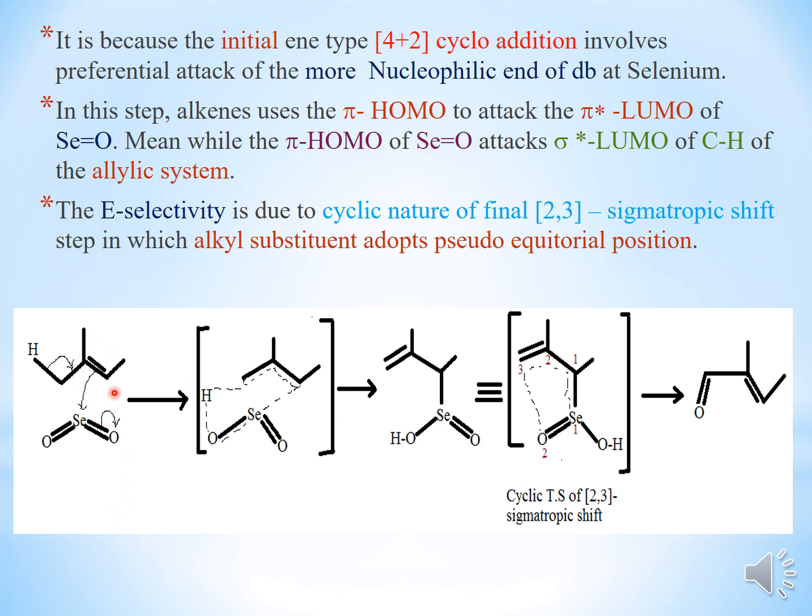In the first step, if you see here, in the initial ene step, okay, this is your ene step. Here the 4+2 cycloaddition takes place. So here, if you see, this bond is shifting over here, and then this bond again, and this alkene bond, the ene bond, will come and attack the selenium. Meanwhile, there is a shifting of this bond towards oxygen, as oxygen will withdraw its electrons, so you will gain a negative charge. Okay, this is just a transition state it is showing.